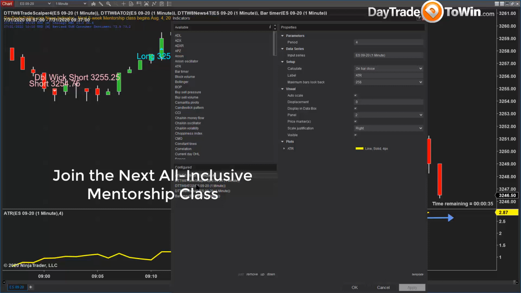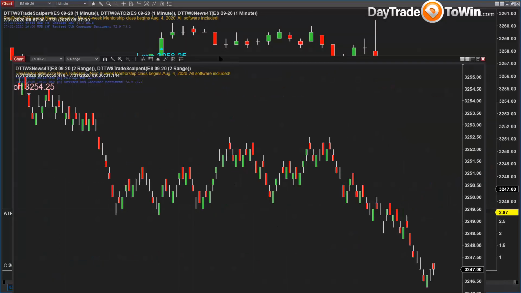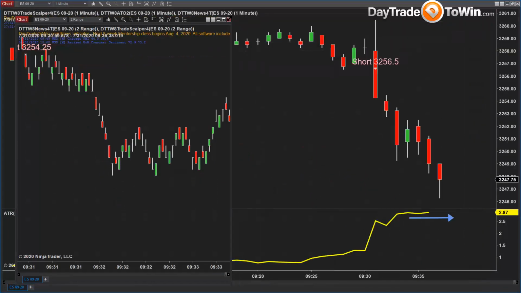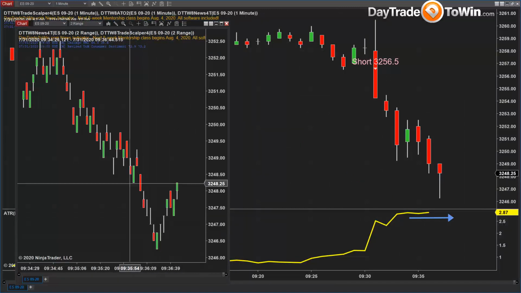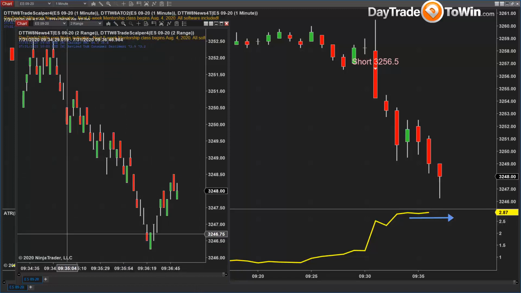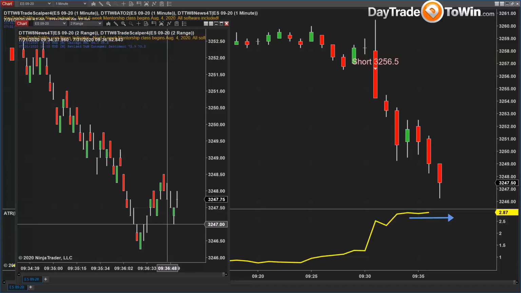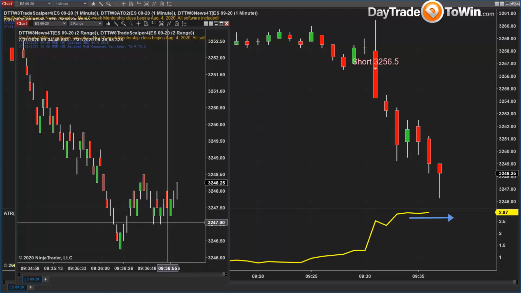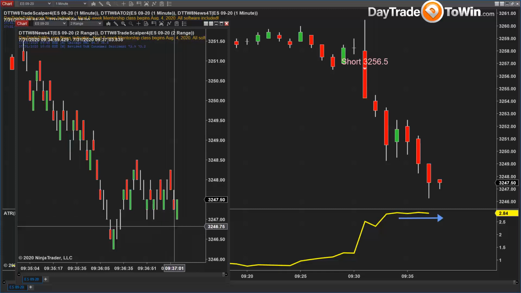For other types of charts, they have a tick countdown, a tick counter. So a bar timer is something that you should add here to the chart. And for a range chart here, it's a little bit different. So let me just try to add this here to both so you can see both. A range chart here is a little different because every price bar, every candle is not linked to time. It's only linked to the 2 ticks, 2 range for each candle. So every time the market moves 2 ticks up or 2 ticks down, you can see the new candle being